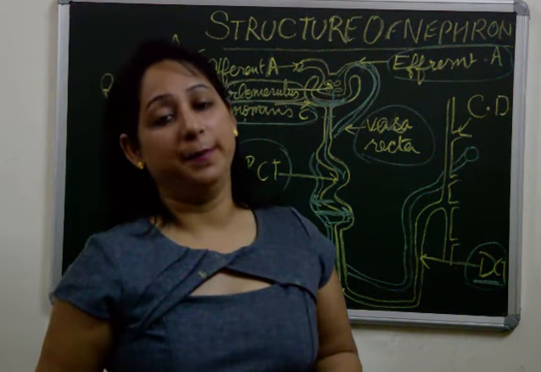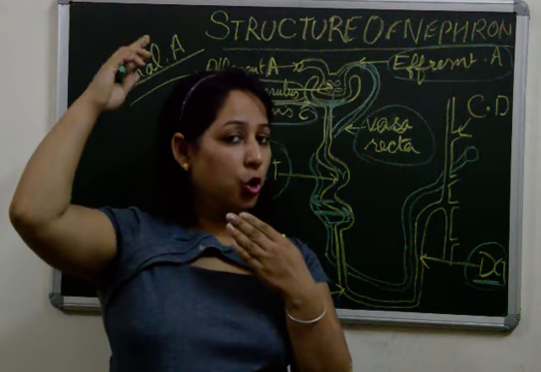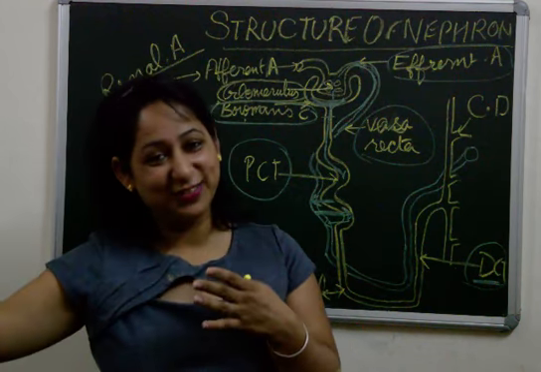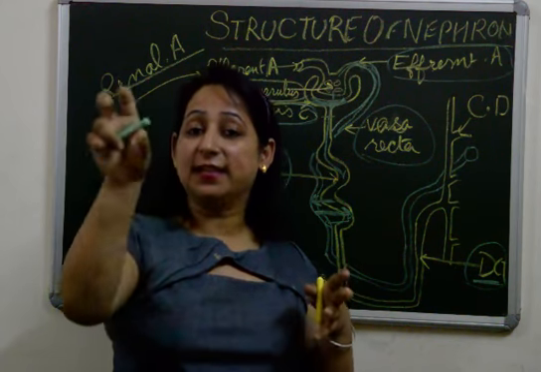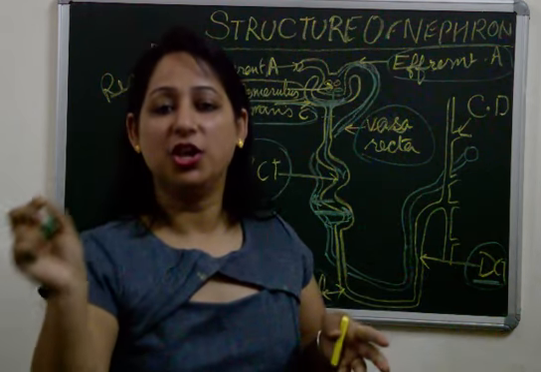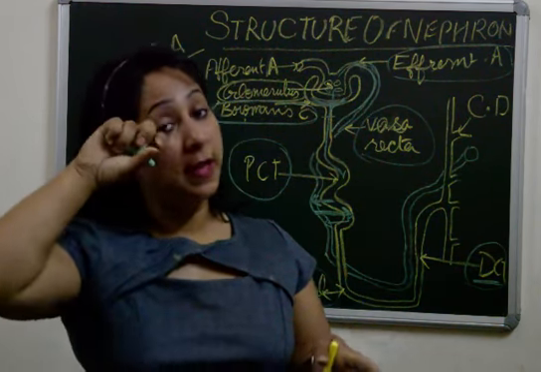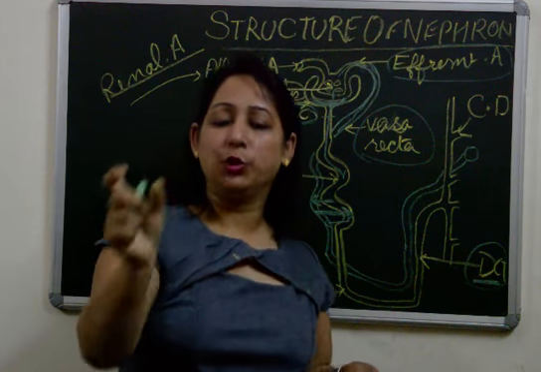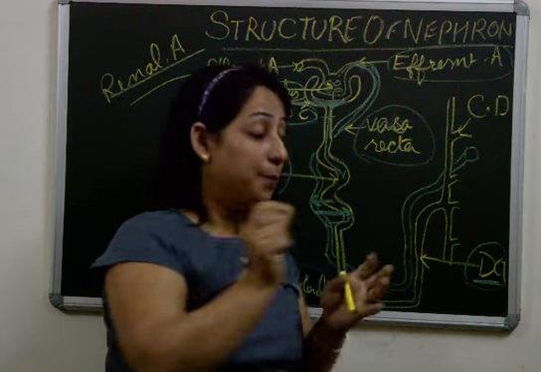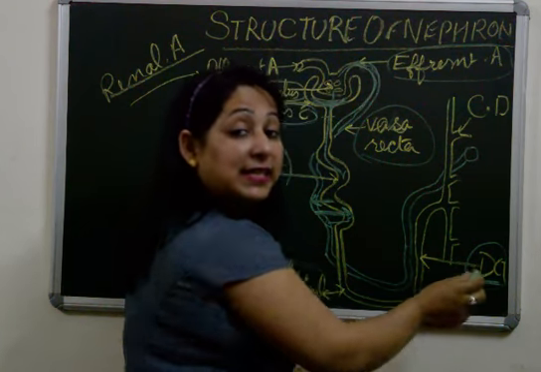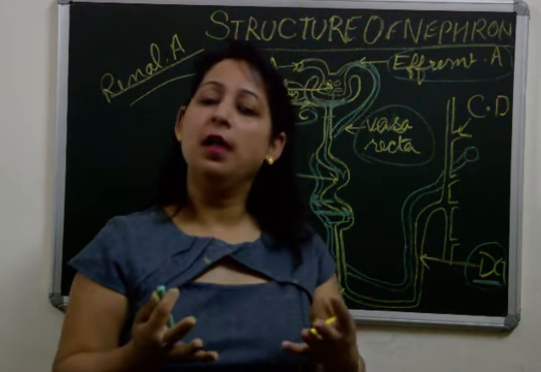How is it done? If in the body the water level rises, a message goes to the pituitary, which we will take up in the next video. The pituitary starts secreting a substance known as ADH, anti-diuretic hormone. This hormone has been explained in one of my videos relating to endocrine glands, pituitary glands. This ADH hormone makes the walls of DCT more permeable for water.